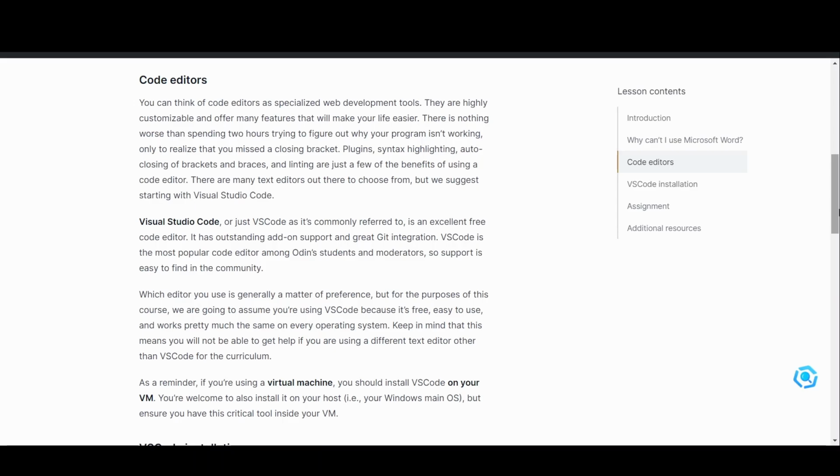Visual Studio Code, or just VS Code as it's commonly referred to, is an excellent free code editor. It has outstanding add-on support and great Git integration. VS Code is the most popular code editor among Odin students and moderators, so support is easy to find in the community. Which editor you use is generally a matter of preference, but for the purposes of this course, we